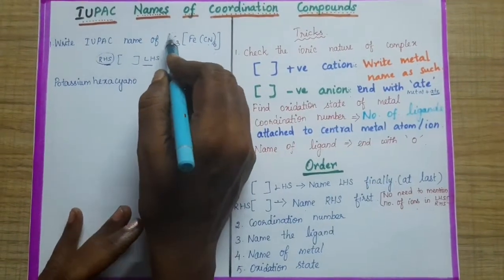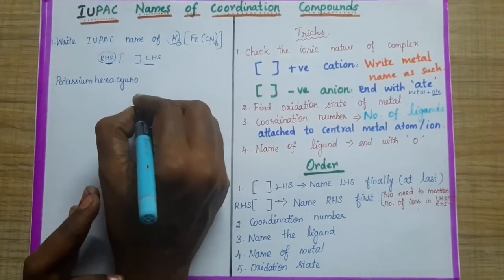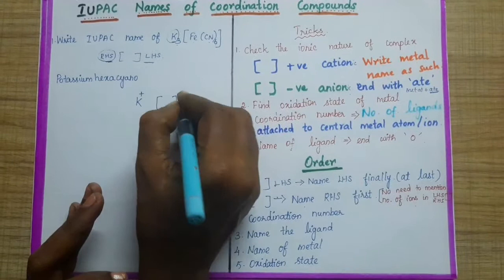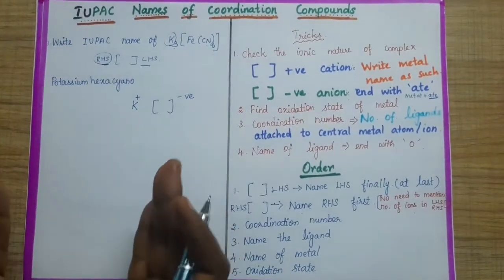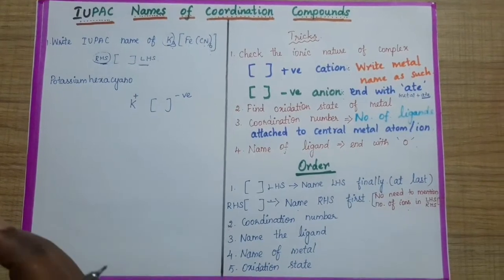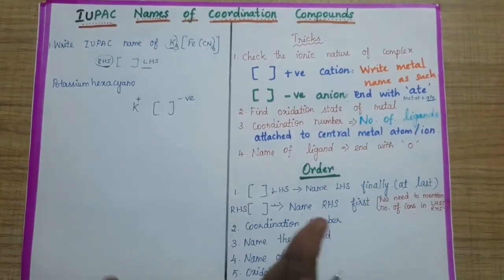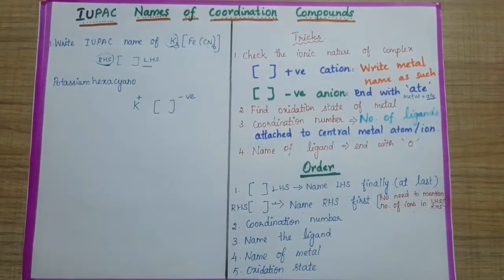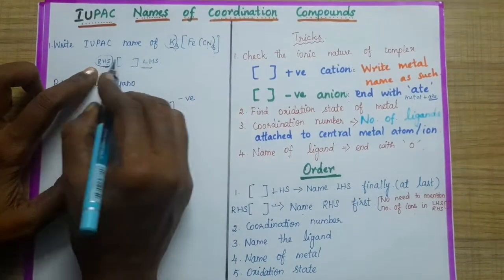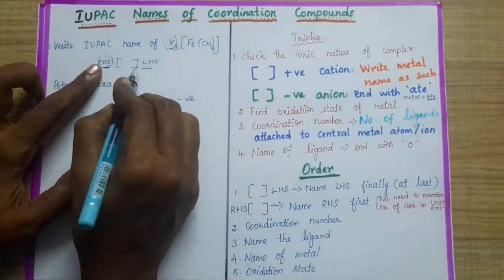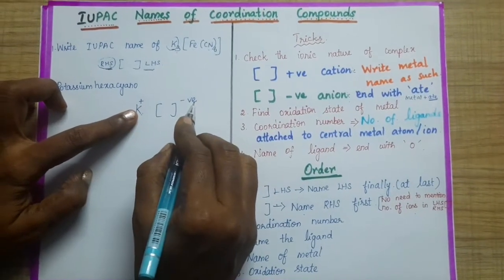We know very well that potassium is a positive ion. Now, potassium is a positive ion, which means the complex will be negative. They will always be counter ions, whether the square bracket is inside or outside. The ions will be counter ions to each other, whether present on the right-hand side or at the left-hand side. So potassium is positive, so the complex will obviously be negative.